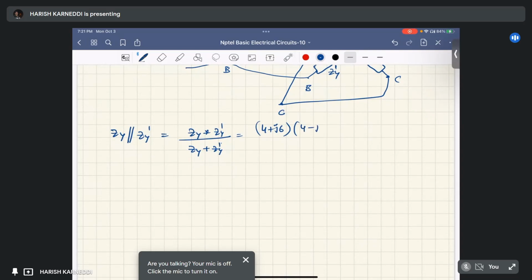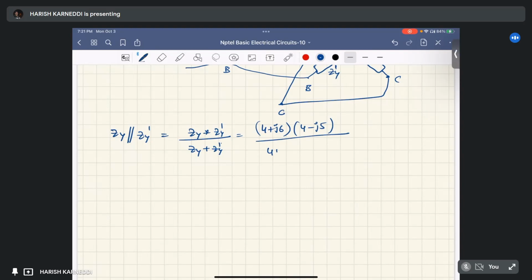So it is 4 plus 6j into 4 minus 5j divided by 4 plus 6j plus 4 minus 5j, which equal to